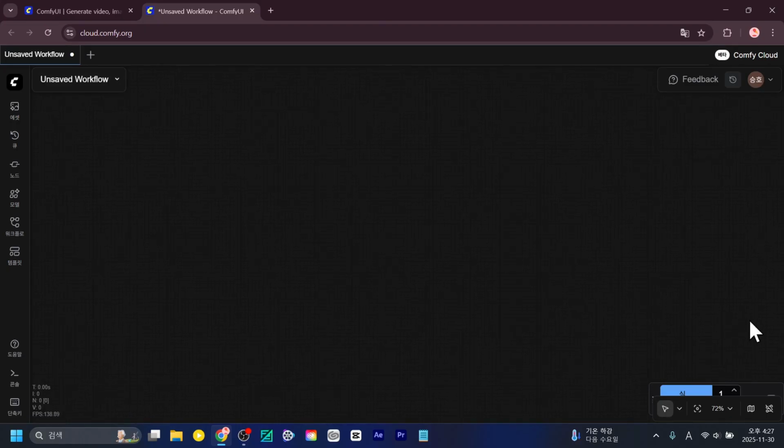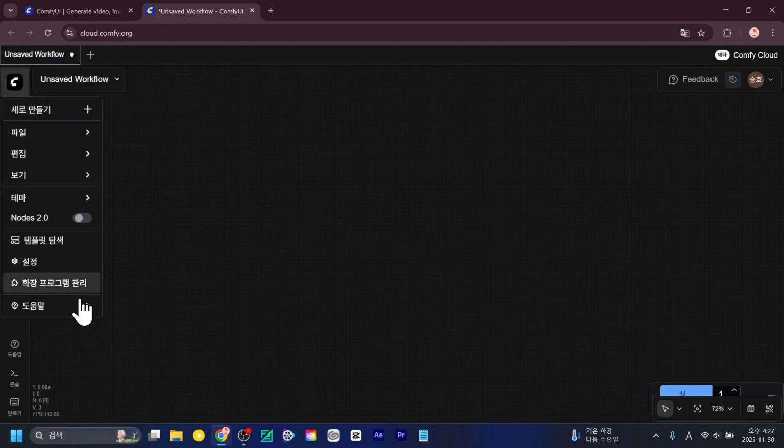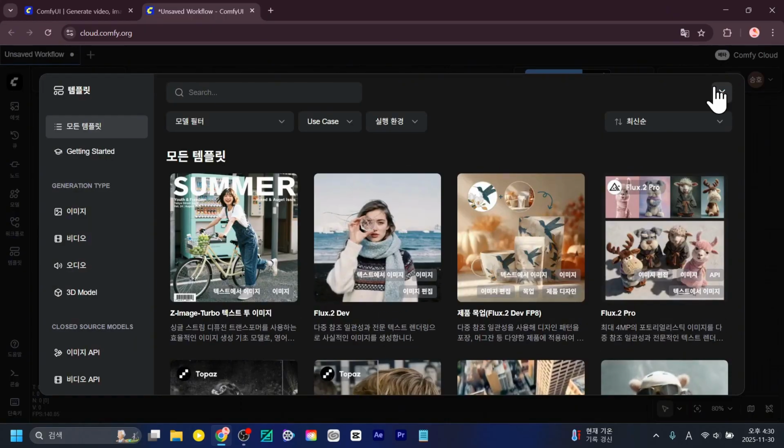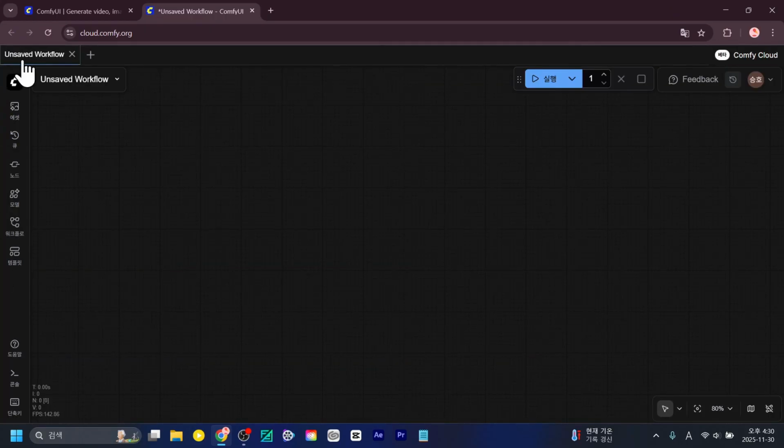First, when ComfyUI starts up, now why is this over here? Just a moment. Alright, it's done. When you run ComfyUI, you'll see that it starts with a template like this. First, please turn off the template. Now let's take a look at the settings and configurations in ComfyUI to see what they are.